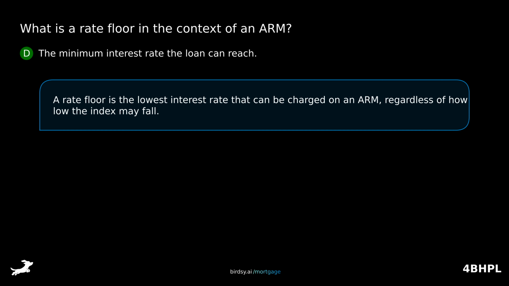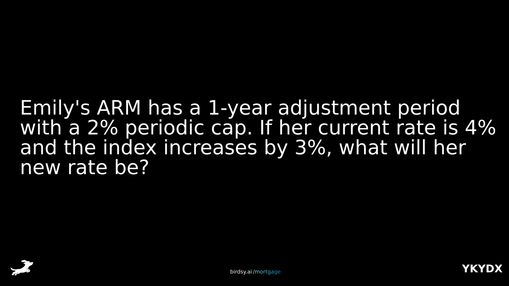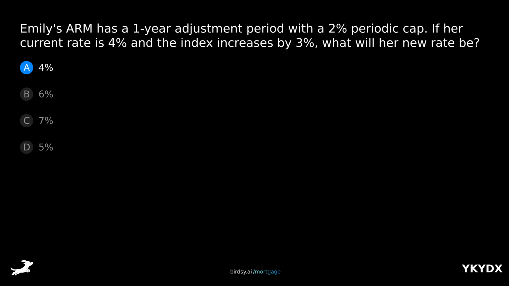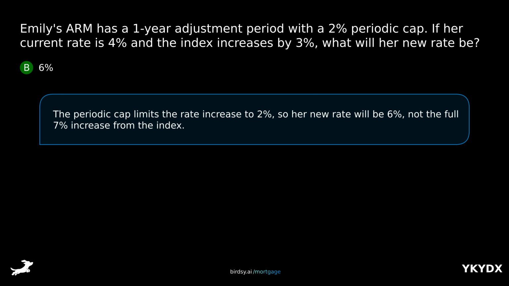Emily's ARM has a 1-year adjustment period with a 2% periodic cap. If her current rate is 4% and the index increases by 3%, what will her new rate be? Is it A, 4%, B, 6%, C, 7%, or D, 5%? The answer is B, 6%. The periodic cap limits the rate increase to 2%, so her new rate will be 6%, not the full 7%